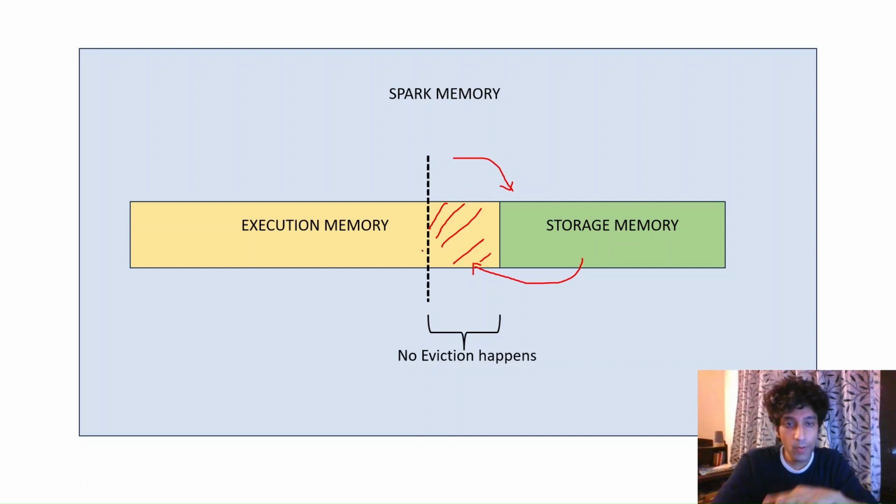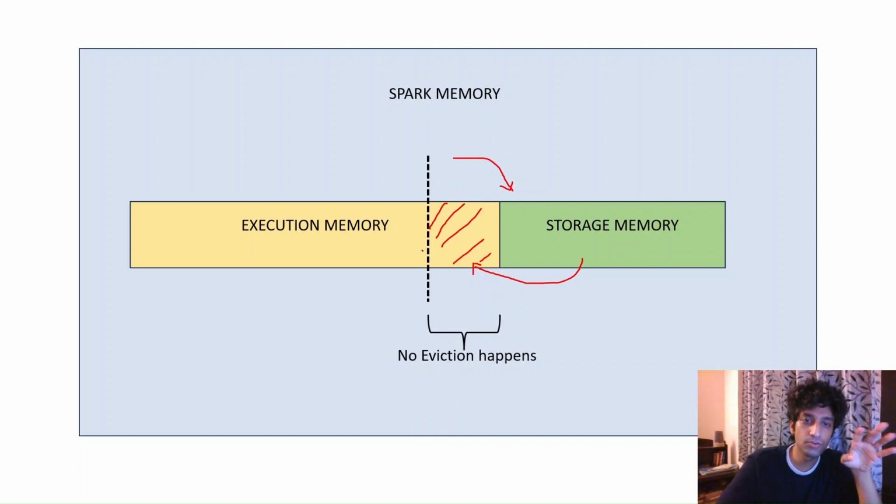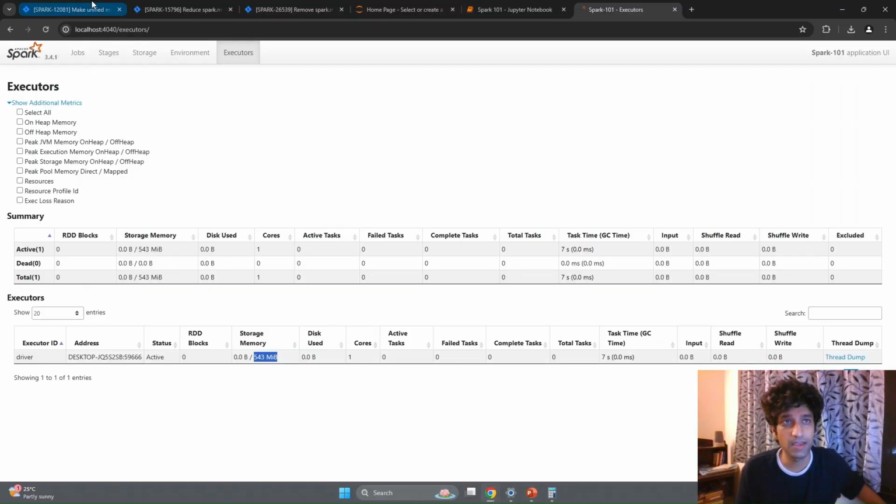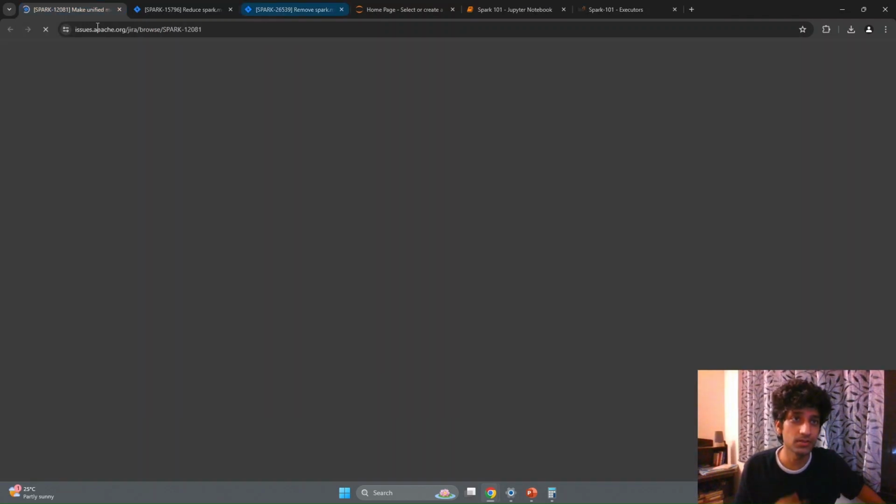So I hope you understood something out of this video. And if you want to go into much more detail, like why there is 300 MB of reserved memory, or why the spark.memory.storageFraction is 0.6, you can go to the tickets of Spark. I'll show you some. So this one, which is Spark